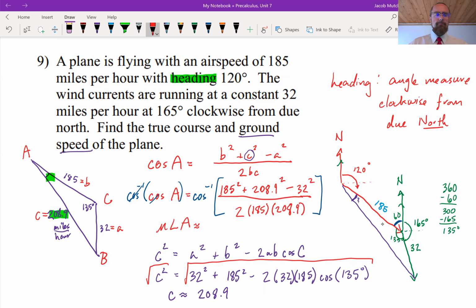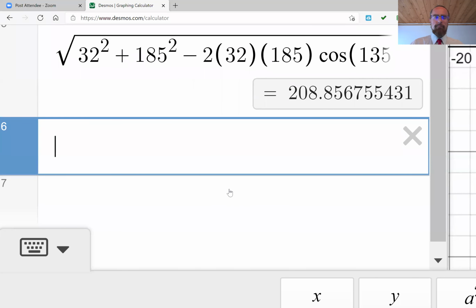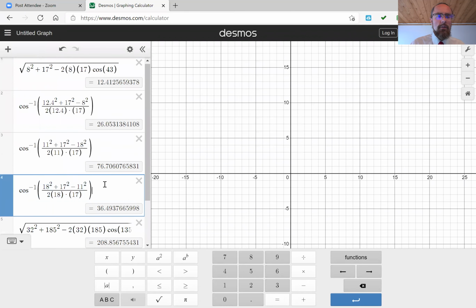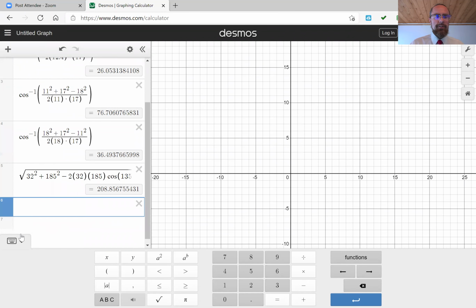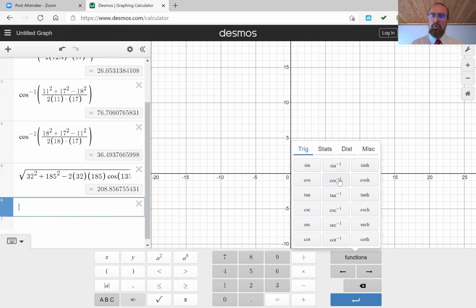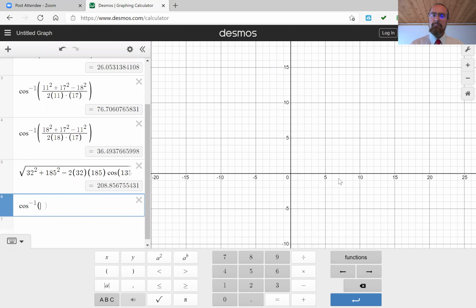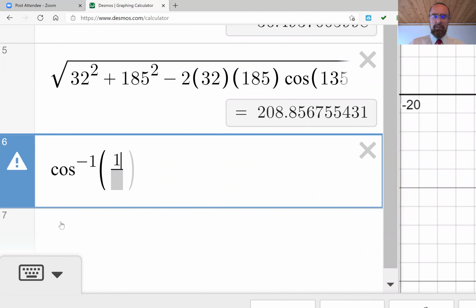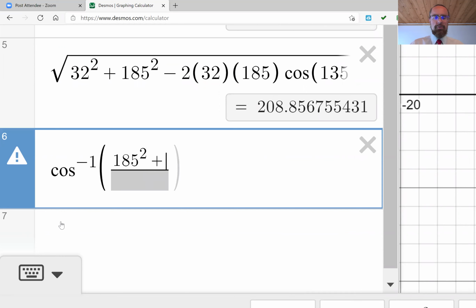So we got the setup recorded there. Let's take it to our calculator one last time. Let me just build it. In case you missed where inverse cosine is, it's under the functions tab, trig, in the middle column there. So inverse cosine, and we'll expand our view so we can see it, of 185 squared plus 210 point